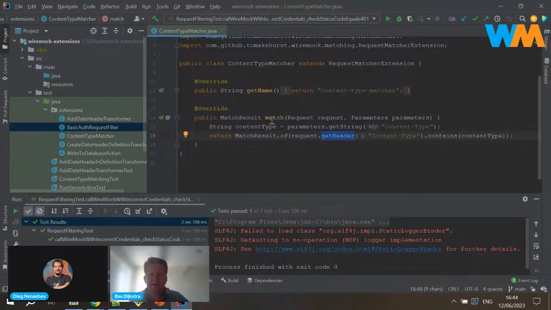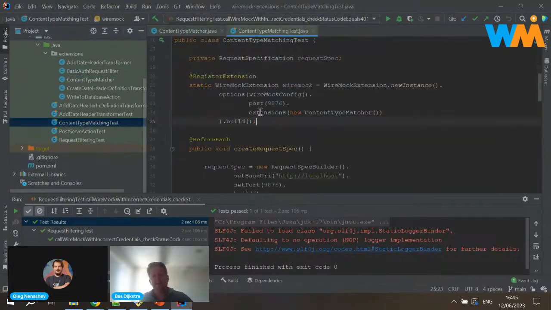I could then use this matcher to do that and pass in a parameter, content type, with the value XML, which means that it'll match application XML, text XML, and I don't know which others, there are probably more than those two, but it matches all of the MIME types that contain XML. And again, this match result is just the result of it. That tells WireMock whether the incoming request matches the conditions that you defined in this method, or it doesn't.